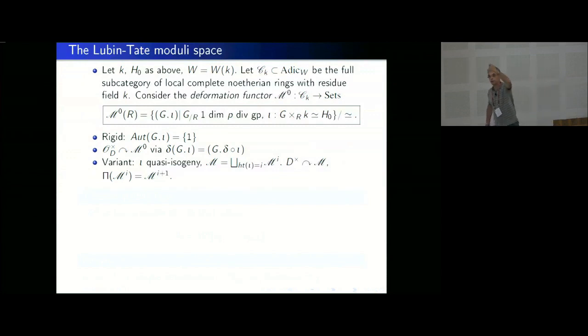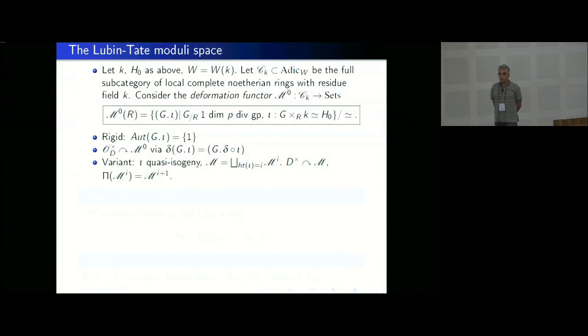What would be an automorphism of a pair (G, iota)? It would be an automorphism of G over R whose reduction commutes with iota, or makes a diagram with iota, but this means that the reduction should be trivial, okay, because it's the same. And this means that by the injectivity of reduction of endomorphisms, the automorphism was trivial to begin with.